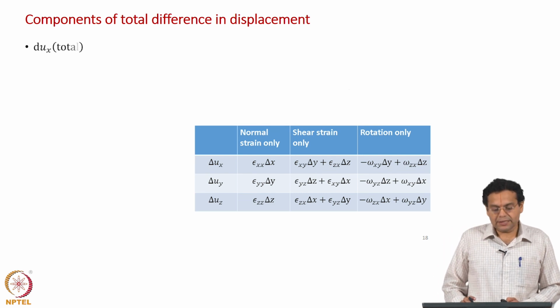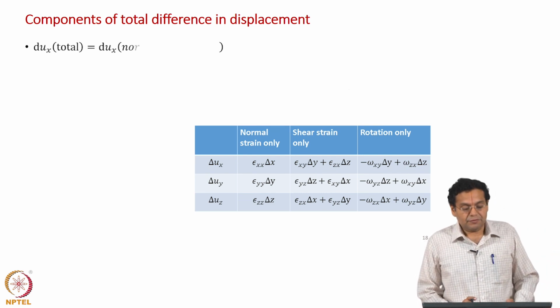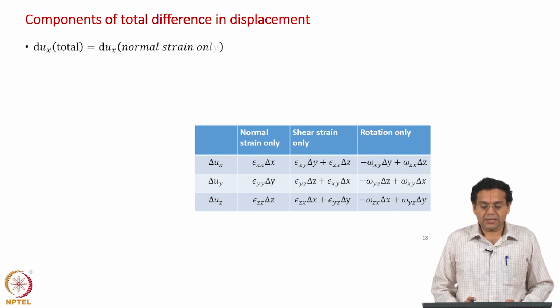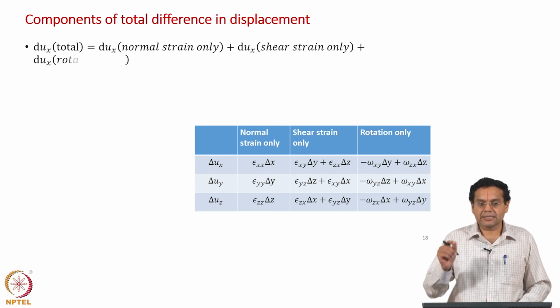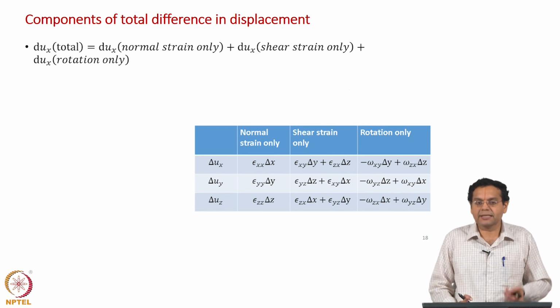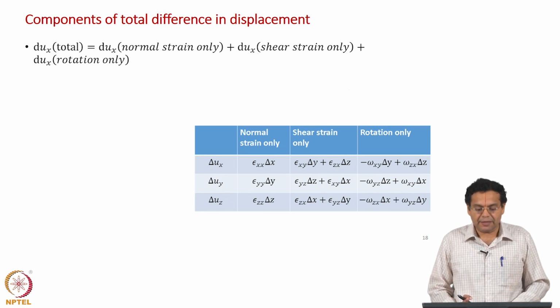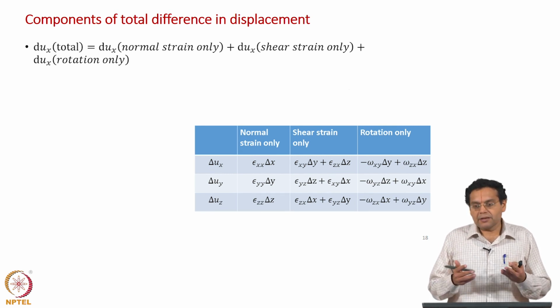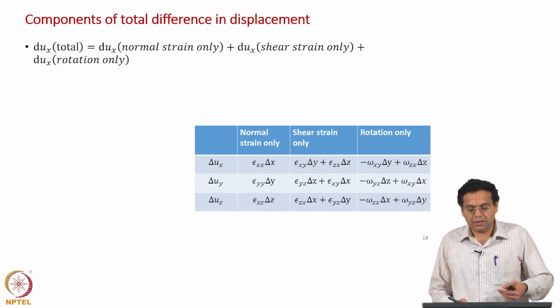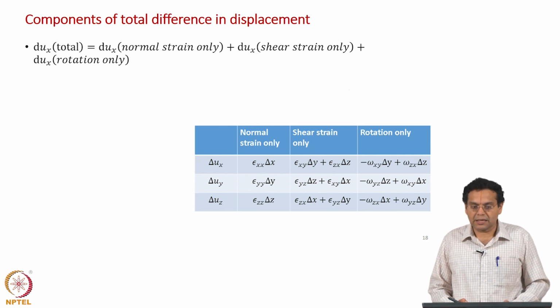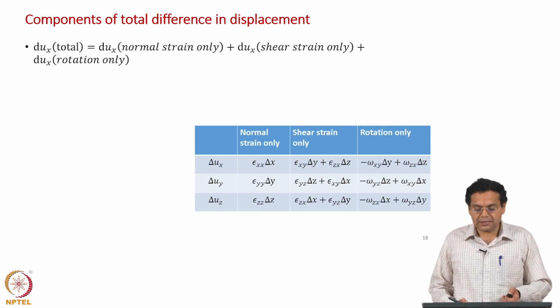Now, what we will do is we are proceeding towards getting the relationship between dx, dy, dz and dx, dy, dz in terms of displacement gradient in the second way, which is more geometrical way, and that is what we will do now, that is the last step. We said we will derive the displacement gradient in 2 different ways. The first one was more mathematical, the second one is more geometrical, and that is what we have done now. So, now we are at the last step where we are going to arrive at the expression.